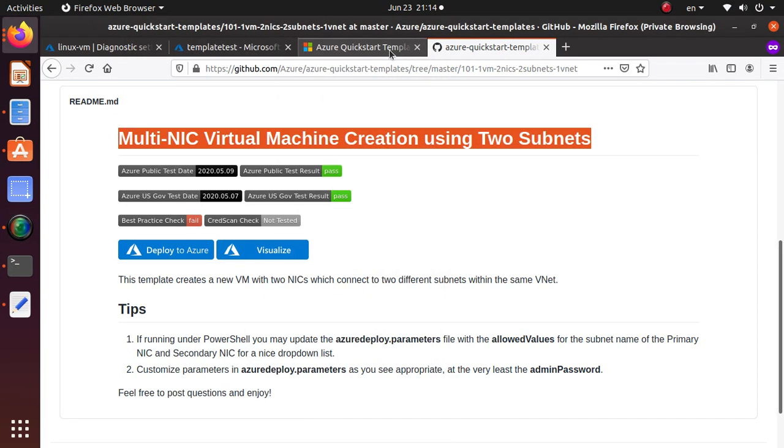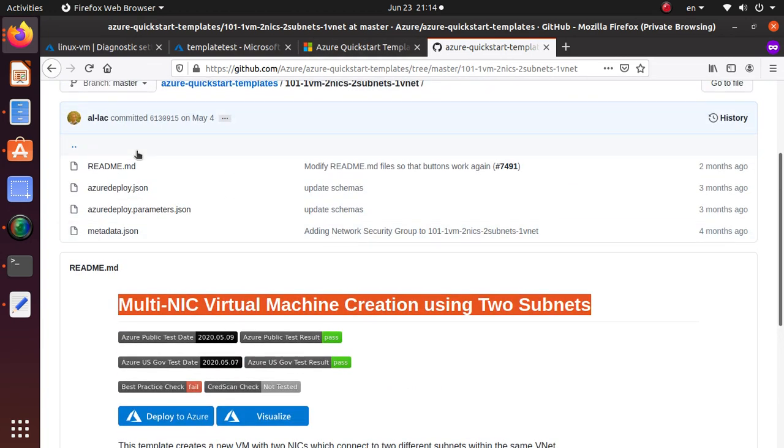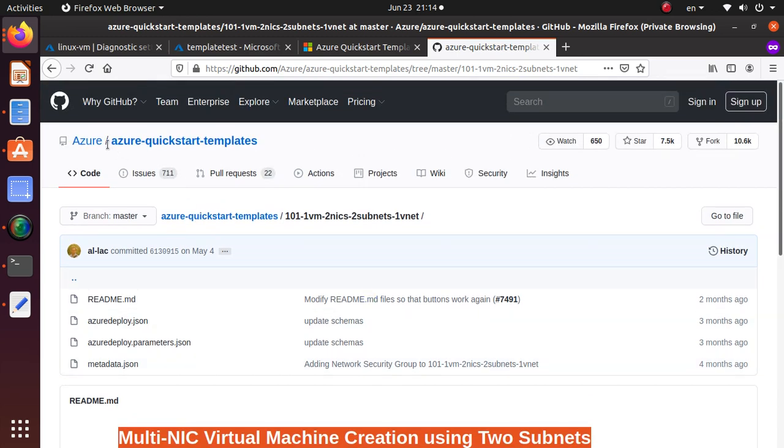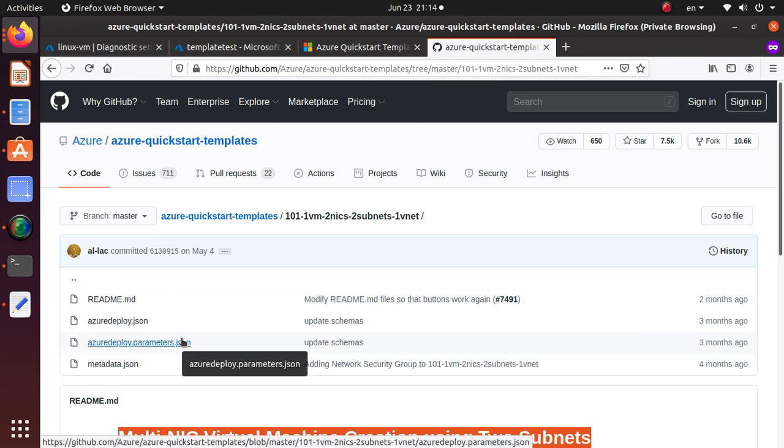Today we are going to use this template called multi-NIC virtual machine creation using two subnets. This template is available under Azure Quick Start templates on GitHub, and I'm going to give you this particular link in the video. So if you're preparing for any exam or you're just learning deployment, ARM is a very powerful feature. Although you will probably learn about blueprints these days, but still in a blueprint you can use all